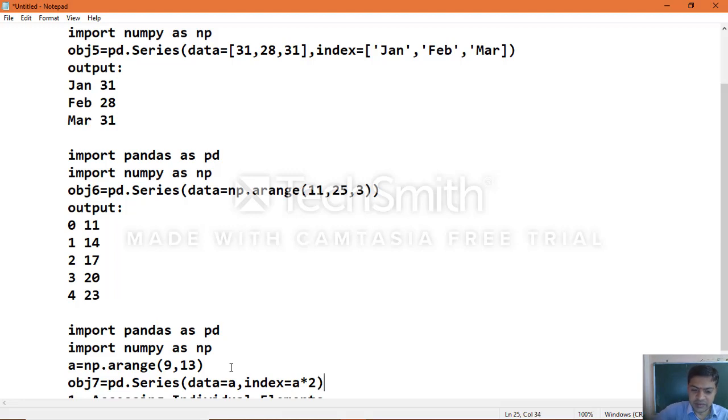If you take it as a list, it will not be multiplied, it will be repeated 2 times. That's why you must take it in the form of an array, then it will be multiplied.